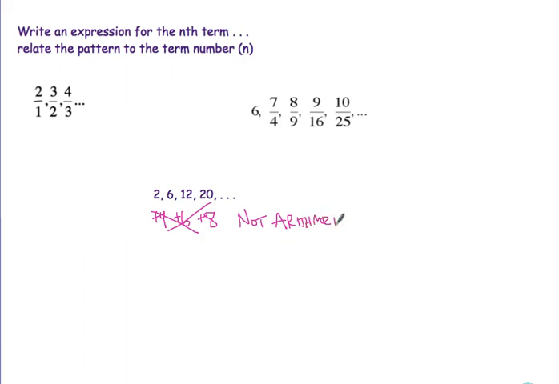So then we might say, well, is it geometric? Am I multiplying by the same thing each time? Well, 2 times 3 is 6. Is 6 times 3 12? Nope. 6 times 3 would be 18. So we're not multiplying by the same thing each time, so it's not geometric either. All right, so this is a neither